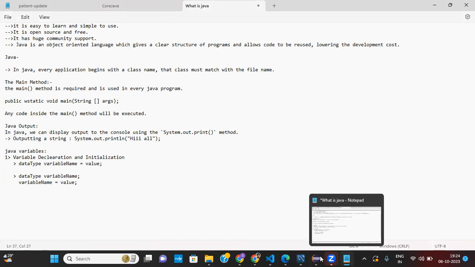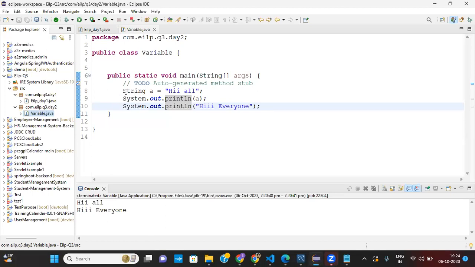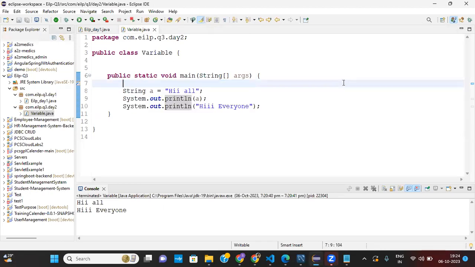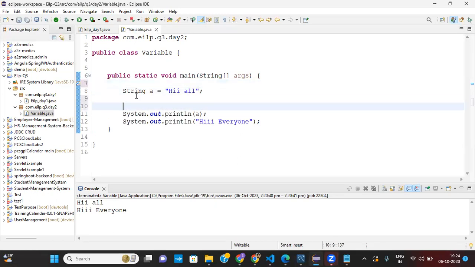So let's see how this actually looks. Here we declare some variables. This is a data type, the type of data this variable is storing. So this variable a is storing string data type. First comes the data type, then the variable.